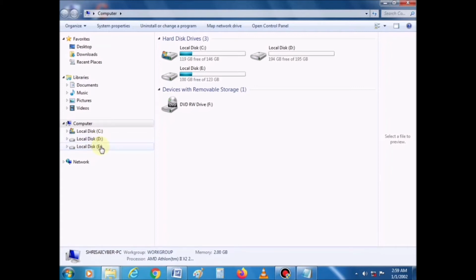Thus, if there are three partitions, letters C, D, and E are assigned, and so on. If you plug in a pen drive into your computer, a temporary drive letter is also assigned to it. Once you remove the pen drive, the drive letter is also removed.